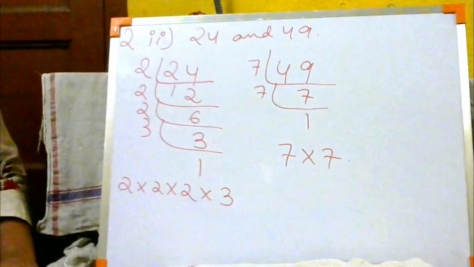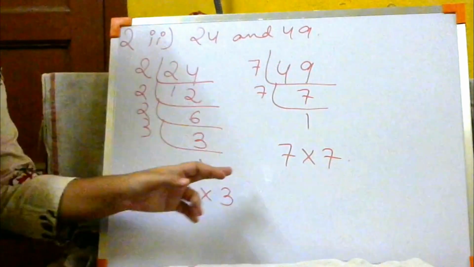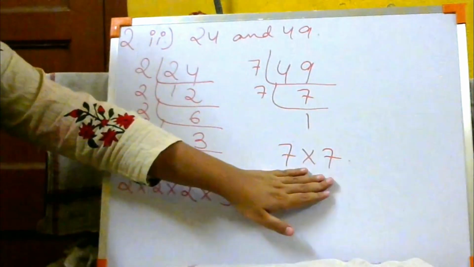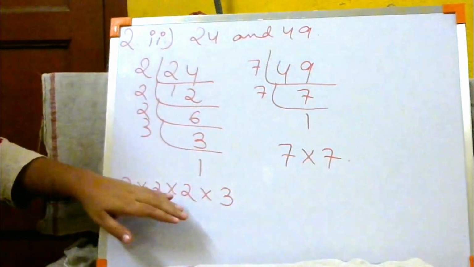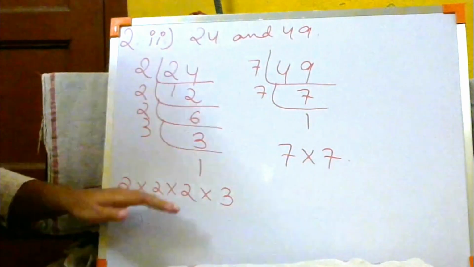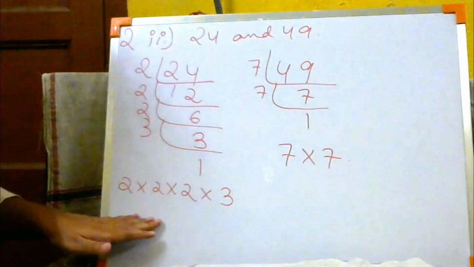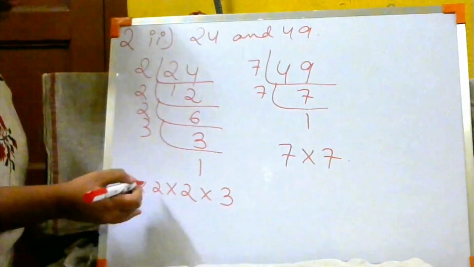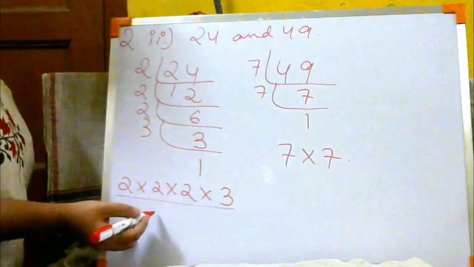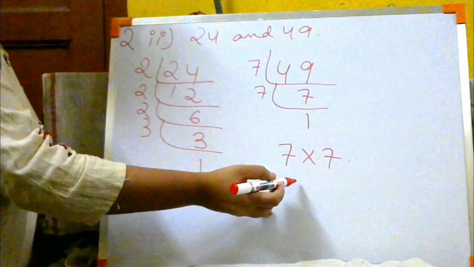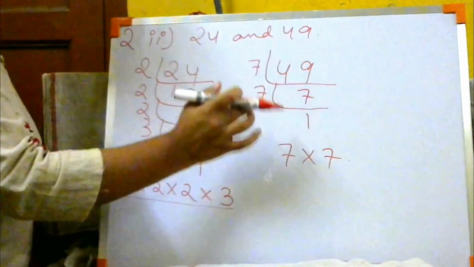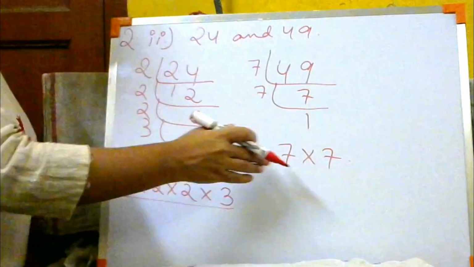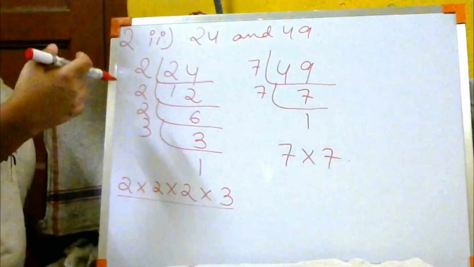So can you see, is there any common number between these two prime factors? The prime factors of 49 are 7 and 7, and prime factors of 24 are 2, 2, 2 and 3. Is there any number common from these two? There is none of the numbers are common. Now you cannot say कि ma'am 2 is common. अरे 2 is common with the same digit only. 24 में 2 common है. 49 में क्या 2 है? नहीं. आपको देखना है कि 24 और 49 के factors में कुछ common है क्या नहीं. There is no common. Over here it is only 2 and 3, and over here there is 7 and 7. So there is no common over here.